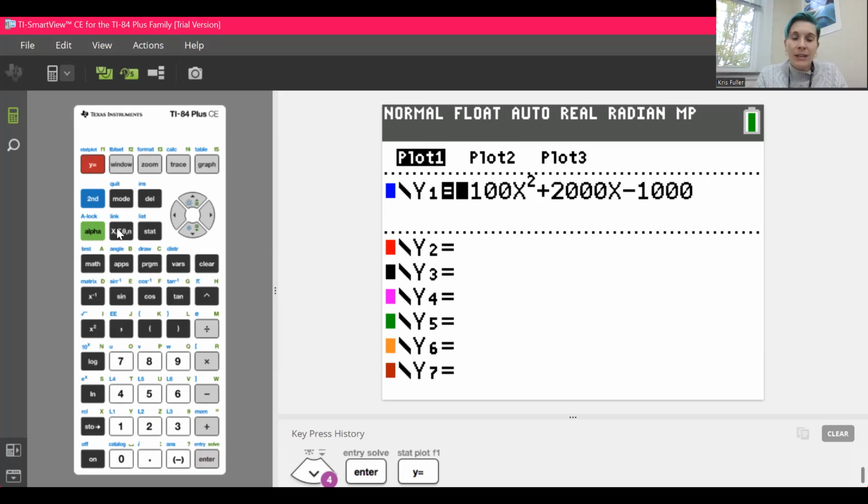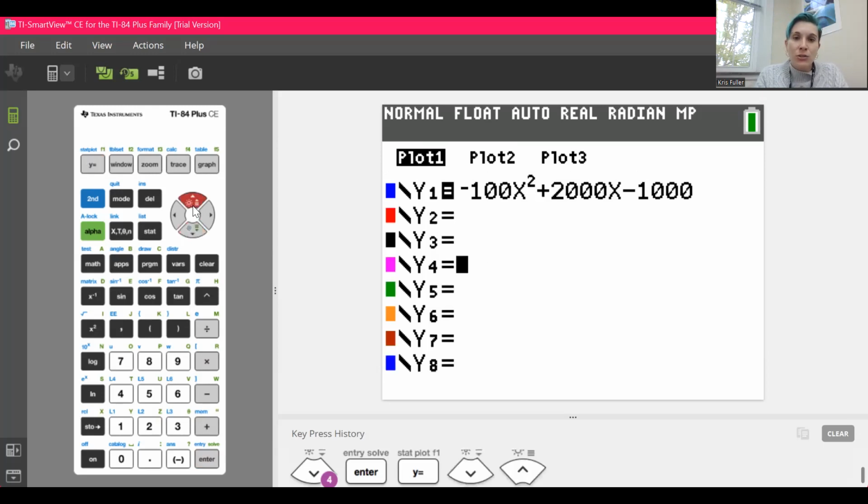So here is the equation typed in. Note that in order to get an x to show up, you need to press this button right here. It has an x, a t, a theta, and an n. So if you press this button, x shows up. If you want to square that x, you can do it 2 ways. You can use this little caret